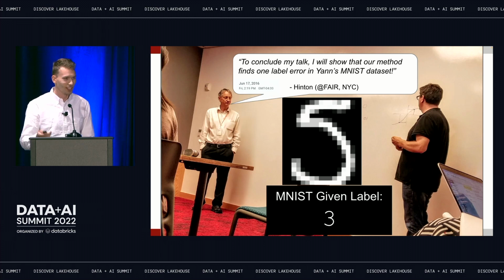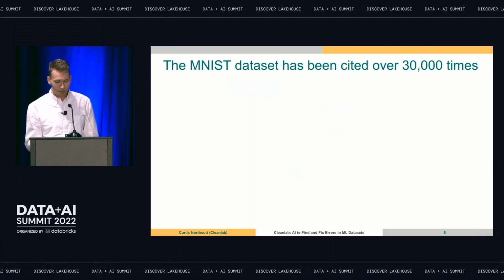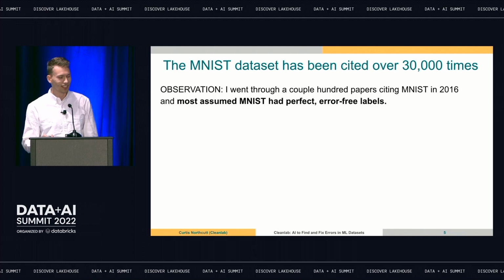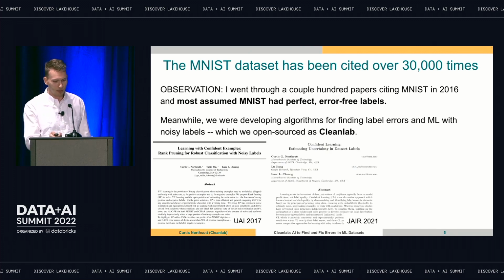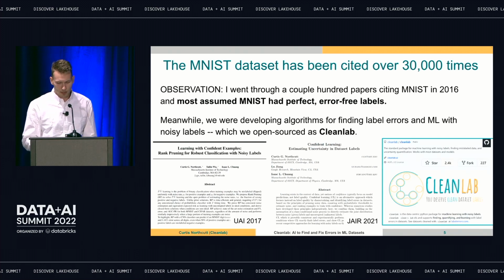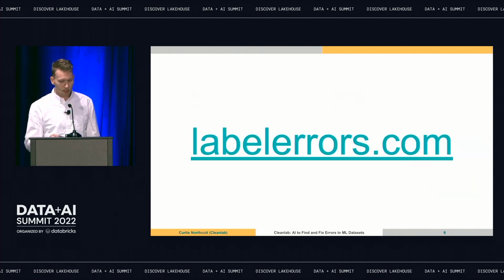In this case, this is just an image, and the actual label given to that image is a 3. He's pointing at Jan LeCun, like, haha, you gave this data set to the world, and it has mistakes. He's just showing that he could find one of them. And I thought, hey, that paper is cited like 30,000 times. Not that every citation implies the result is dependent, but for the most part, a lot of people have been assuming this thing is correctly labeled. So I thought, hey, let's just run this through Cleanlab. We did a bunch of work, and there are a bunch of papers. You can check them out on your own time, but I'll just show you what we found.